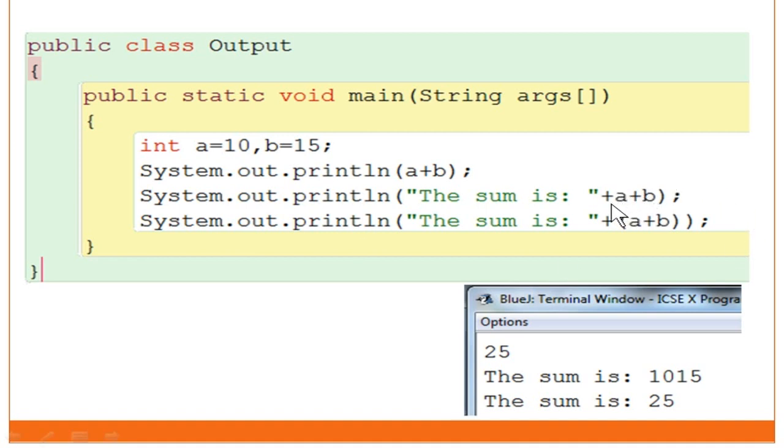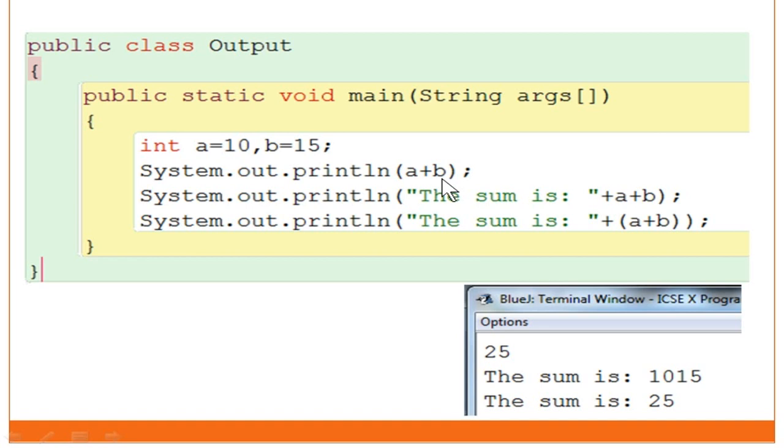But here what happens is, since the plus sign is a connector, it will take it as a string and then print both numbers by concatenating them. So you can see 10 and 15, both the numbers are joined, not added. It has been concatenated and it is just printing the numbers, since there is a double quote in front of the variables. If you don't have any double quotes like this, then it will add it and print it.